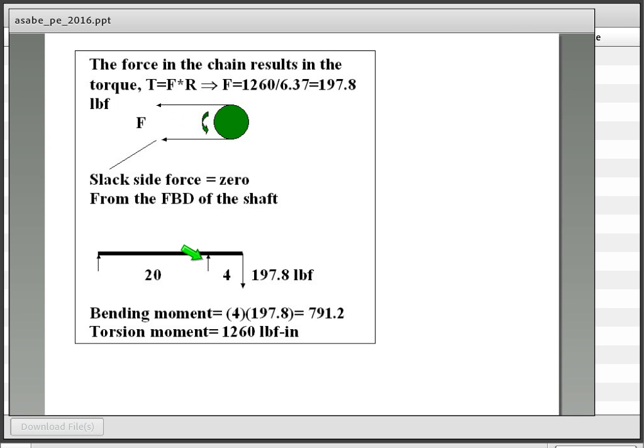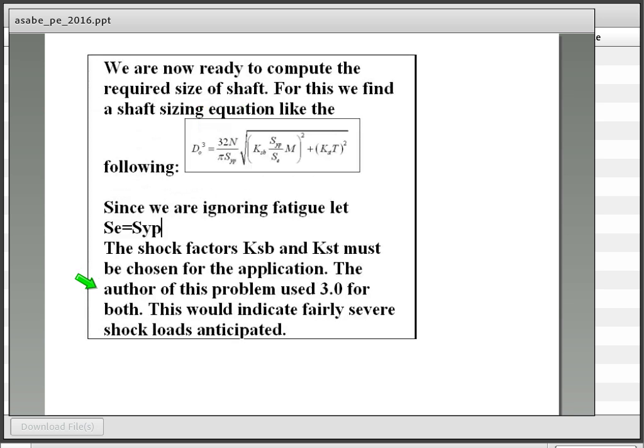And so, moving on to our free body diagram, which we can complete a little better now, we've got this tension load on the end of the shaft, which causes us to need to calculate the reaction loads. We also know that we have a torsional moment in the shaft, which is equal to our torque. And so I come right to our shaft sizing equation,